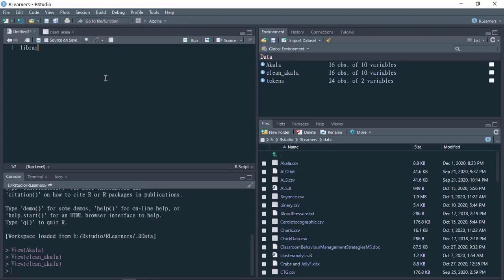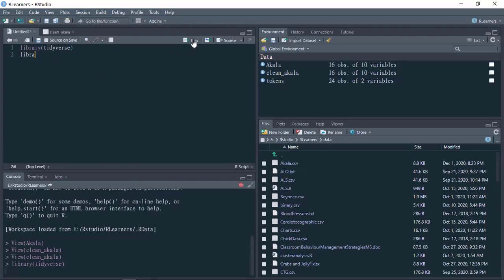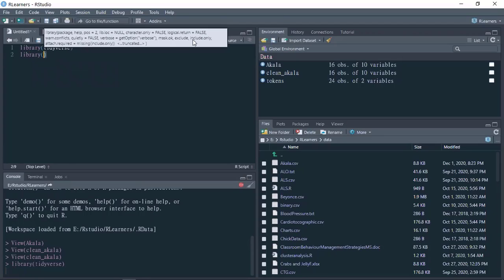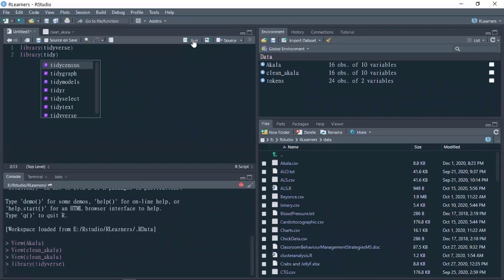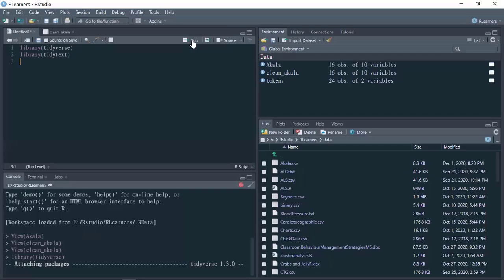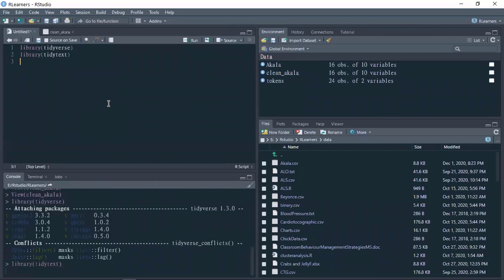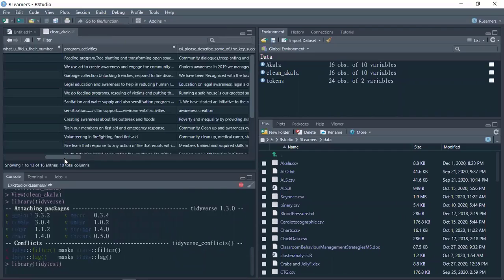Let's load our libraries. Let's use tidyverse. There is tidytext. This package, tidytext, is the one that we're using to harness these tokens to get the words that we need to use. Now, previously we used just the word. In this case, you want to use